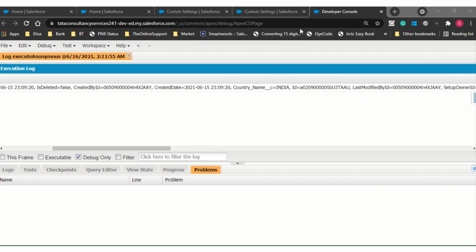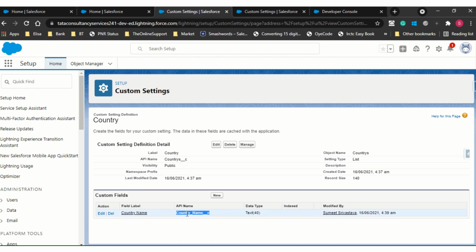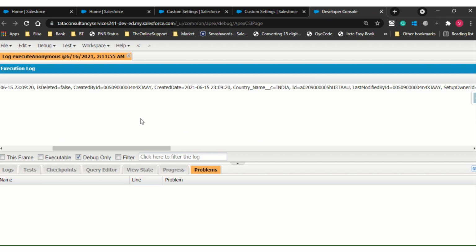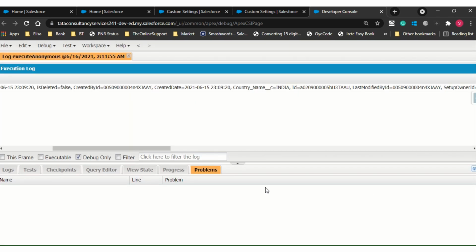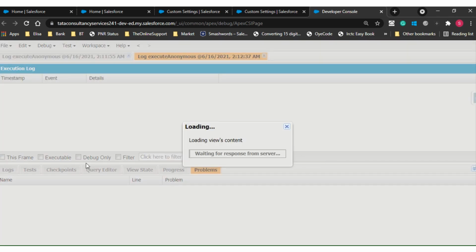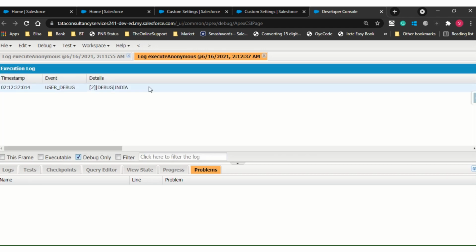So what I will do, I will go there, and this is the field that I want, right? I want only this field, no other field. So I will go here and put dot and this one. Just execute this one. Now if you see my debug log, you will see only India will come.